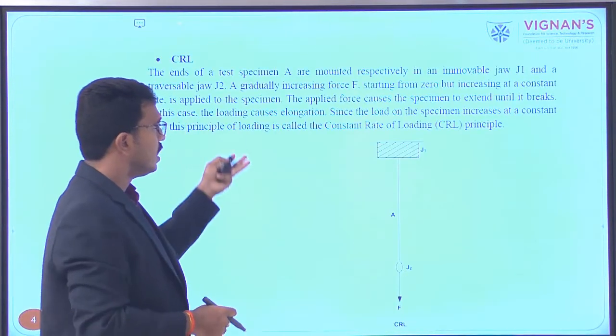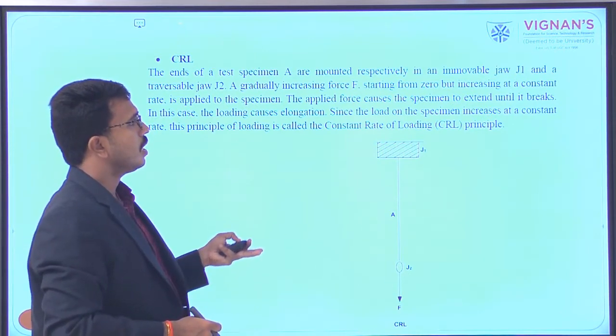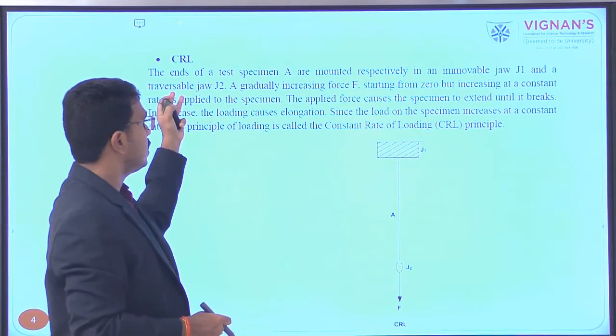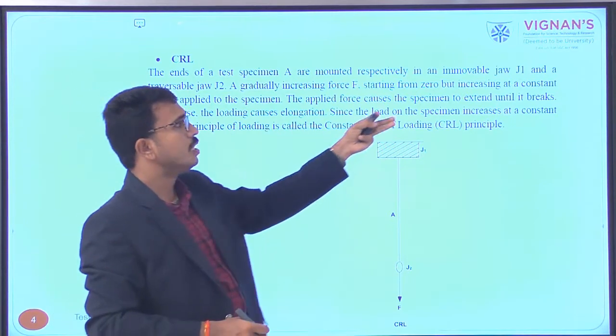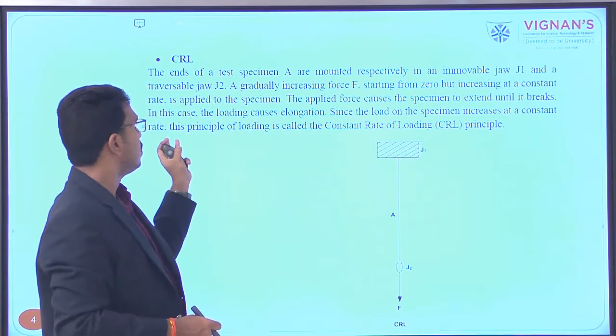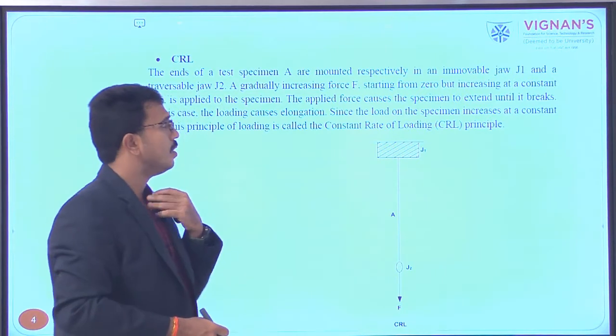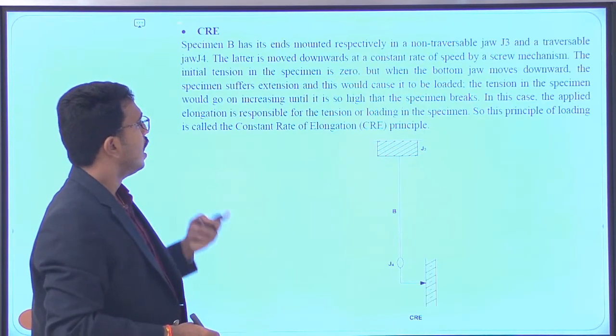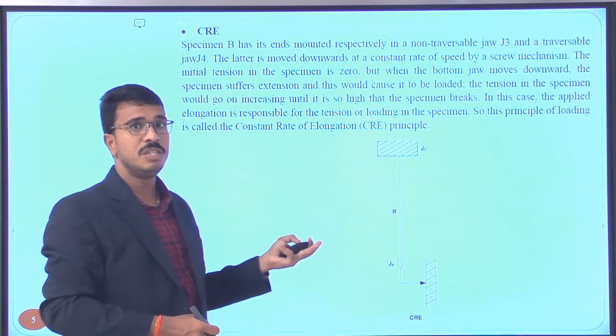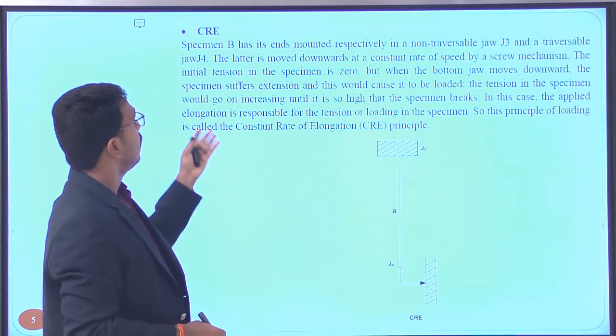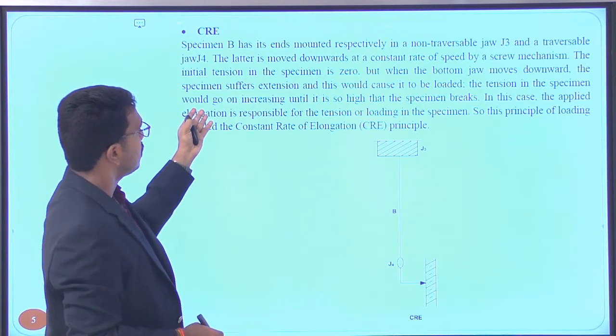Now you can see the same thing. This is the CRL principle. The load on the specimen increases at a constant rate, and this principle of loading is called constant rate of loading. And coming to constant rate of extension, as I told you already,